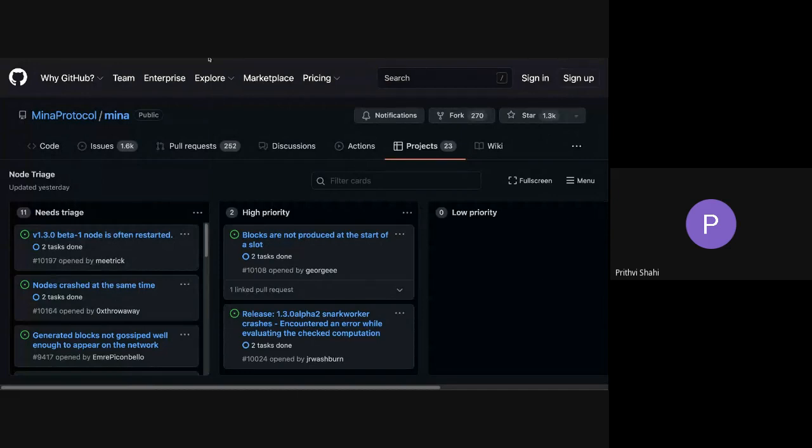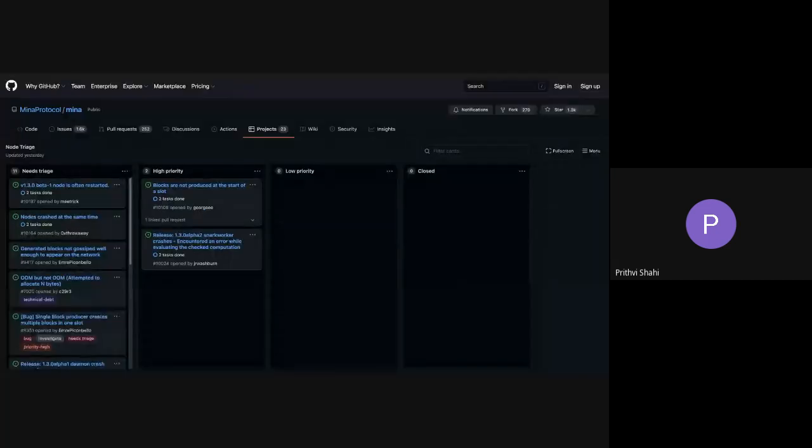Right, so this is just a triage board. Basically, my aim is to collect various issues that either the Node working group or other community members have raised, or even things that the internal team has flagged or is working on, and use this as a medium to communicate the status of different issues, and where we are in resolving them. Since this is our first time discussing this through this GitHub project medium, I'm just going to go over the issues one by one, and let me know if you have any questions.